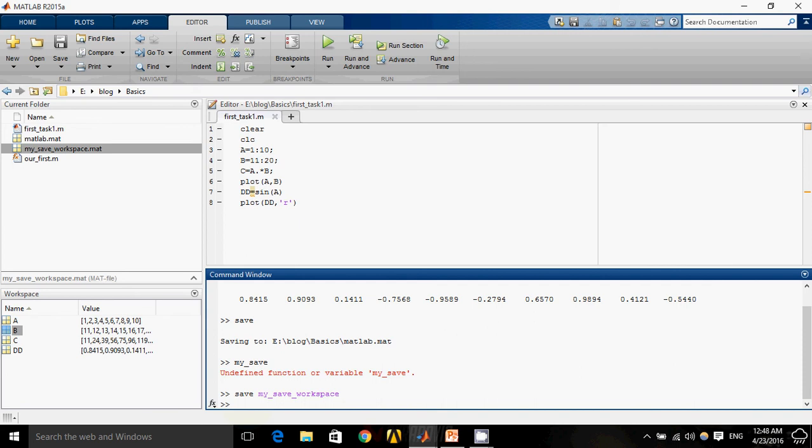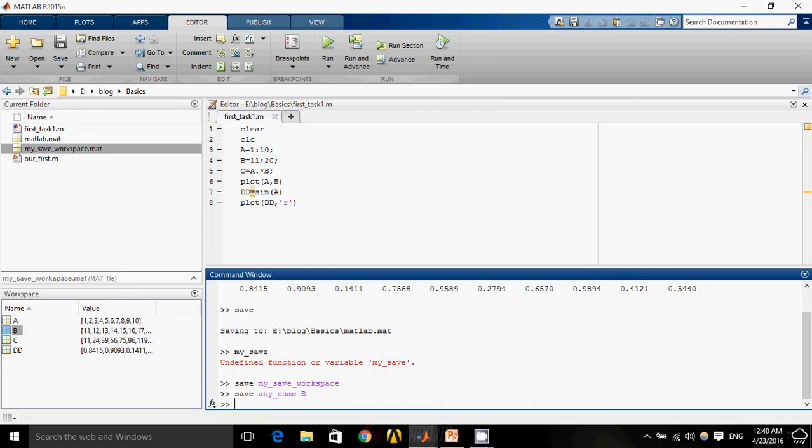Now what if I just want to save some specific variable, or more than one variable, instead of the whole workspace? What I will do, I will simply write save, and then the name of the mat file in which I want to save my variables.